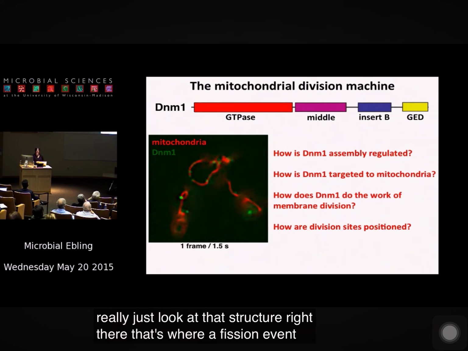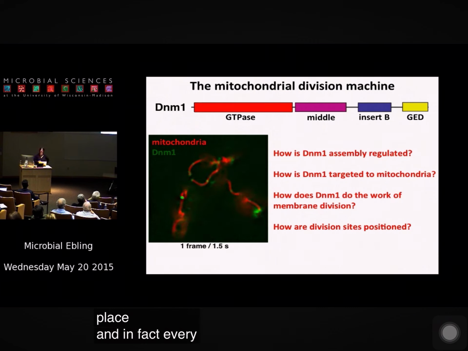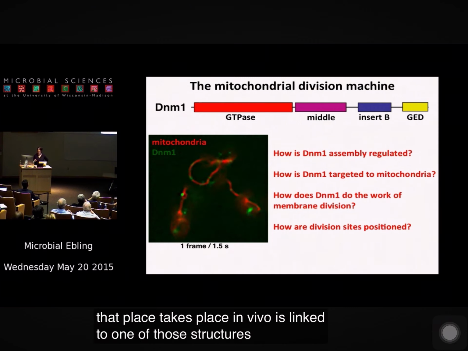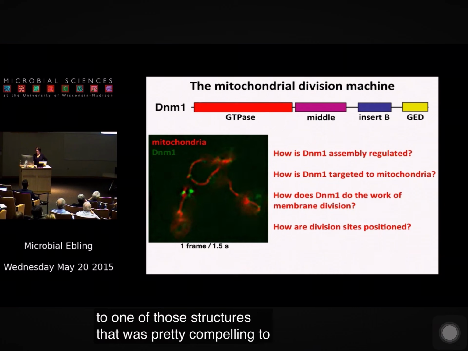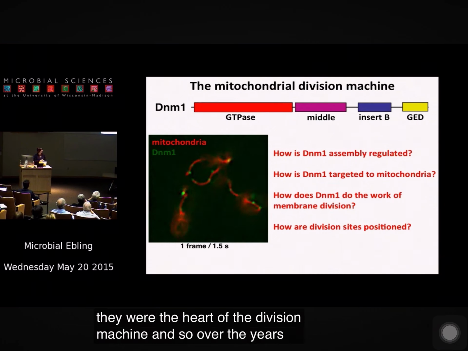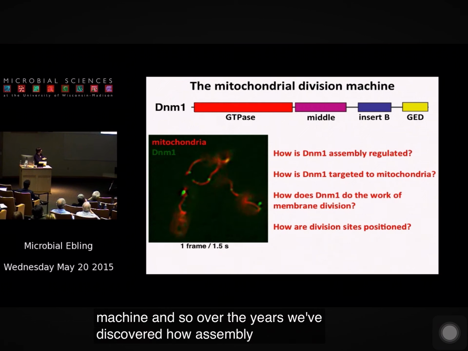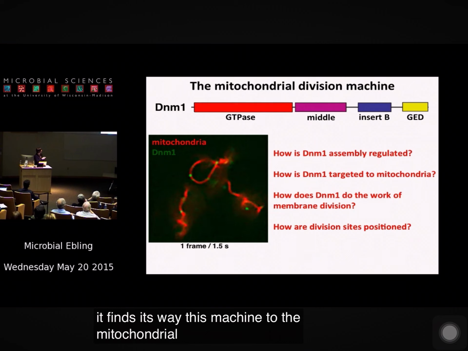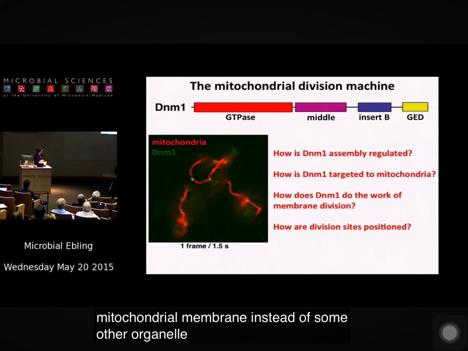That's where a fission event takes place. And in fact, every single division event that takes place in vivo is linked to one of those structures. That was pretty compelling to us, that they were the heart of the division machine. And so over the years, we've discovered how assembly is regulated, how this machine finds its way to the mitochondrial membrane instead of some other organelle, how it does